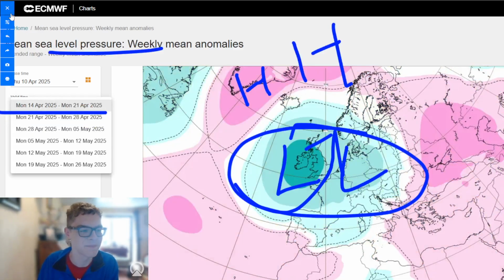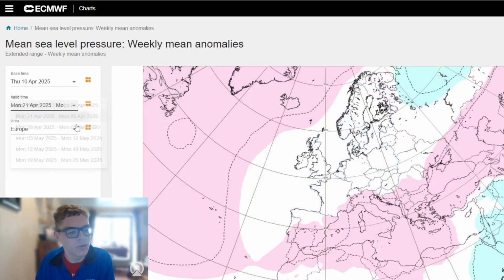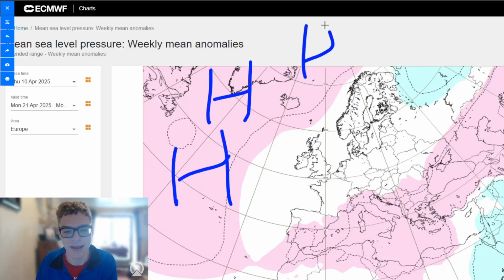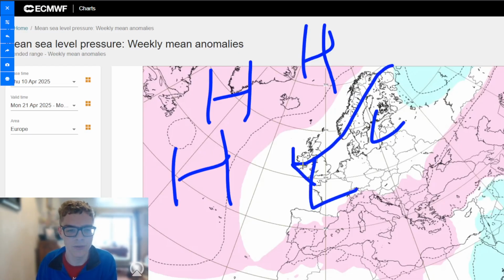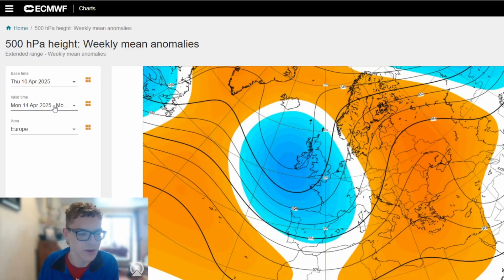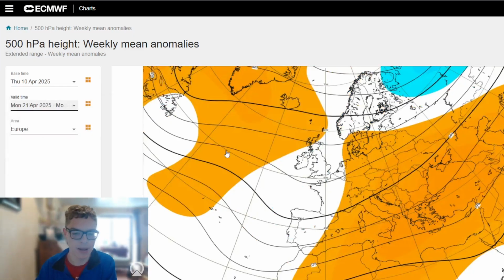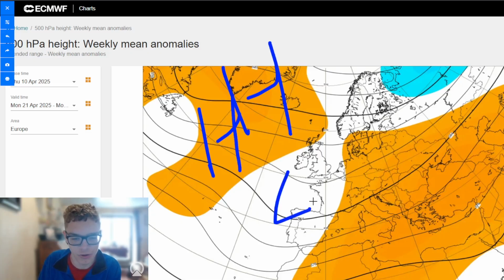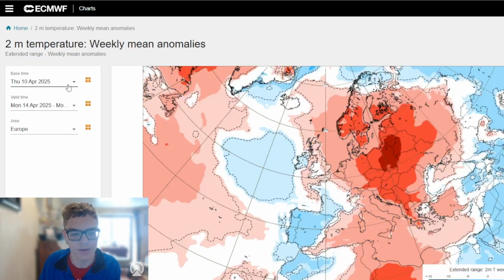Week 2 is the 21st to the 28th of April, and this one has more of a trend towards higher pressure in the Atlantic, basically high pressure everywhere. This white area could be a trough. Winds could be in from the east or northeast with that, but probably still quite mild. Winds from the east in April can be quite mild. You can see it emphasised by 500 millibar heights. High pressure's up to the north. Low pressure is this white area, so it could be bringing in the wind from an east-northeasterly direction.